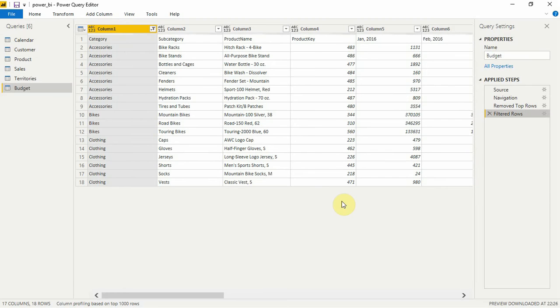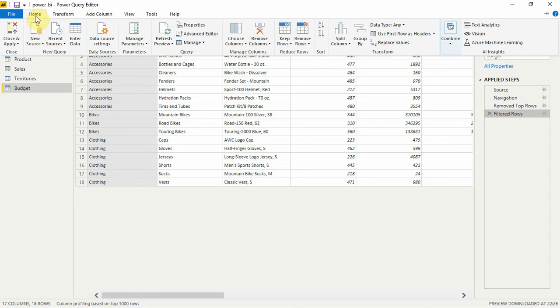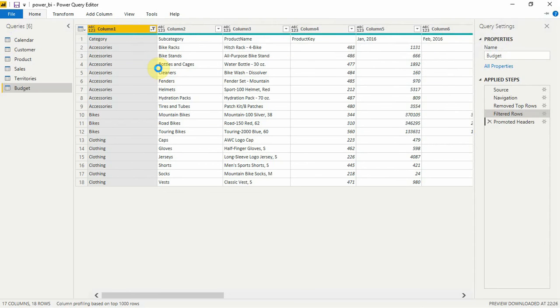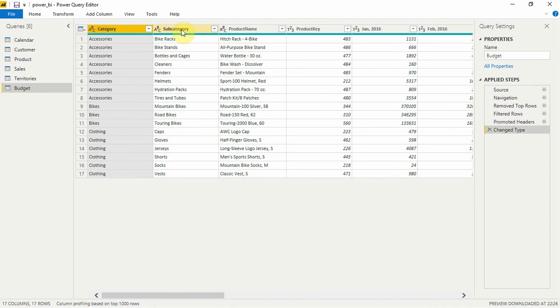Okay, now I want our first row to be our column headers, because I don't want them to be named column 1, column 2, column 3 or column 4. So what if I have a button to do that? Directly name our first row as column headers. So we'll see here. So we have a button. So we'll select this and you'll see that now our first row becomes the column header. So it's pretty cool, right?